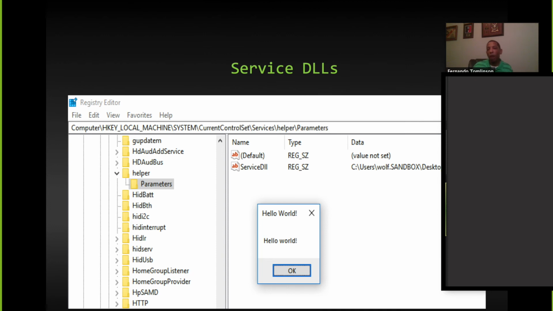So now when I went into my services and I started the service, the program that it will run will be my DLL. In this case, all my DLL does is pop out a text box that says hello world. Next week, it might be malicious software, it might be ransomware, it might be a number of other things, but this is how we start to hide ourselves within the registry.